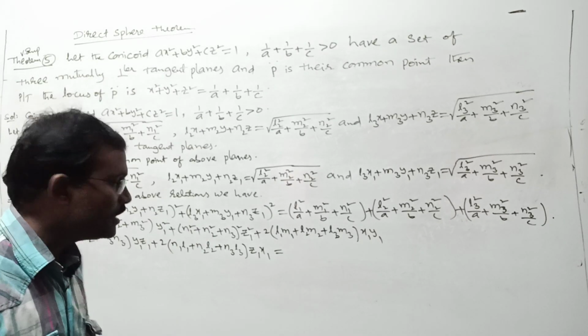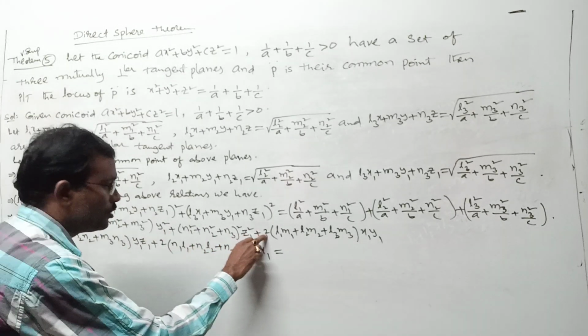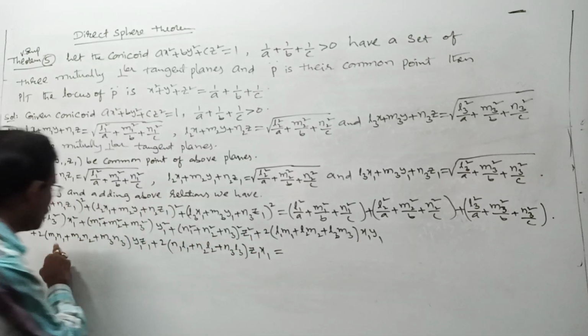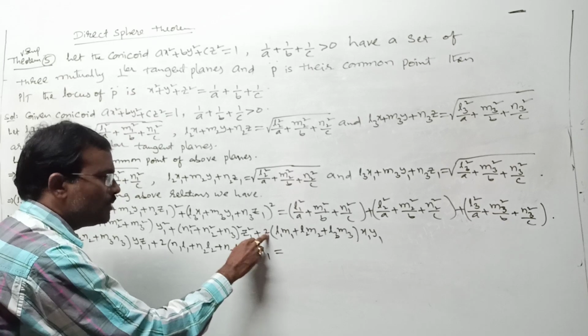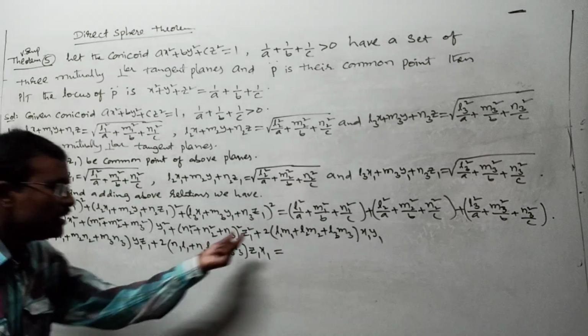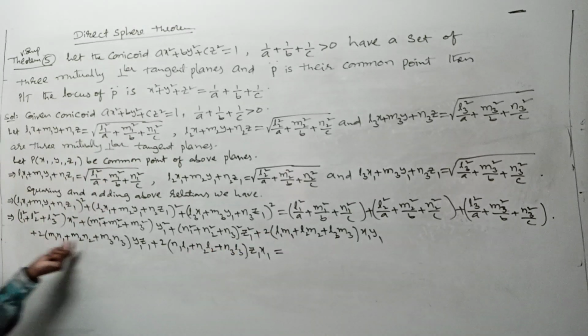In your notes, suddenly the student has not written this 2. Once correct it. They are simply writing this into x1 y1, this into y1 z1, this into z1 x1, but there is no problem in further stages because it becomes 0 in the next step. But here it is 2 into this, 2 into this, 2 into this.